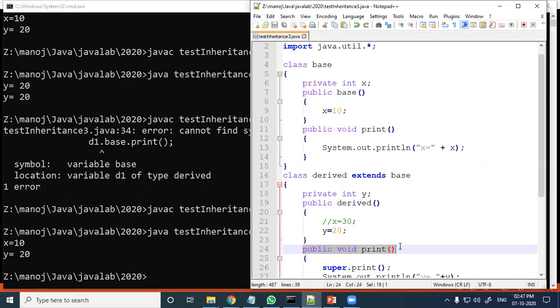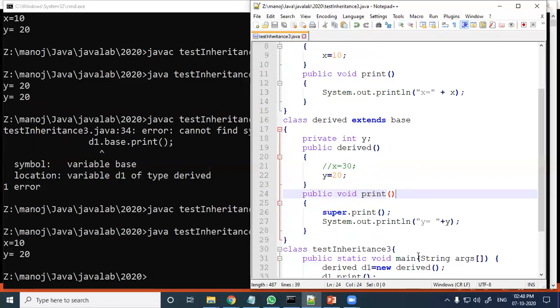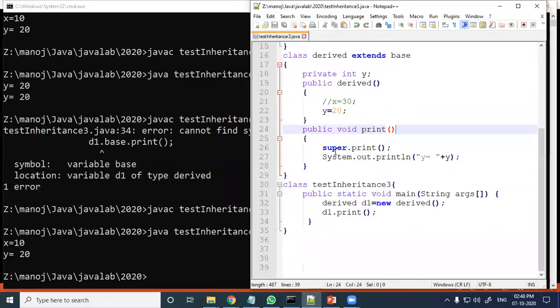When the two functions in parent and child have the same signature, that is called function overriding. So to call the parent function when overriding has happened, you need the super keyword. This we have discussed now.